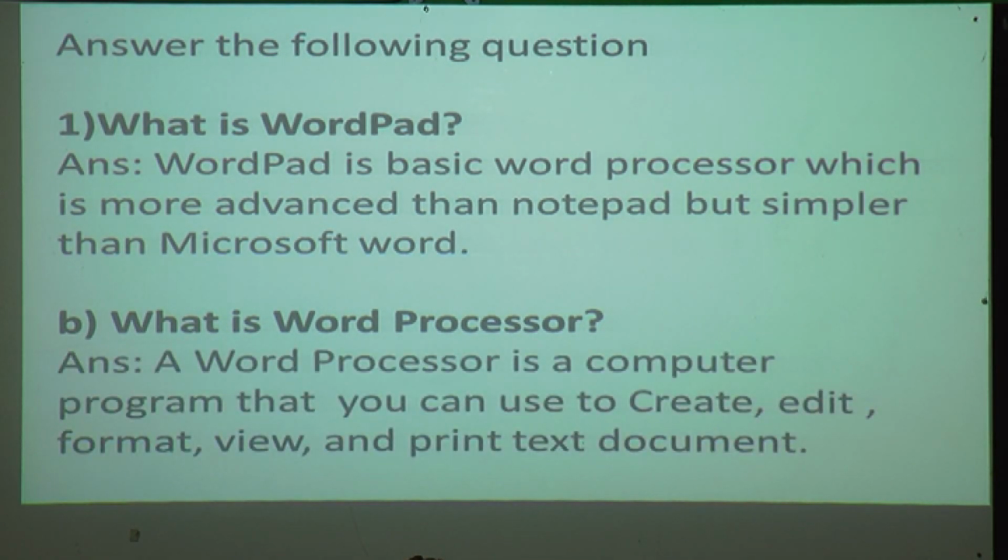A word processor is a computer program that you can use to create, edit, format, view and print the text document. Means if you want to write, format, view and print the text document, then WordPad is useful for us.